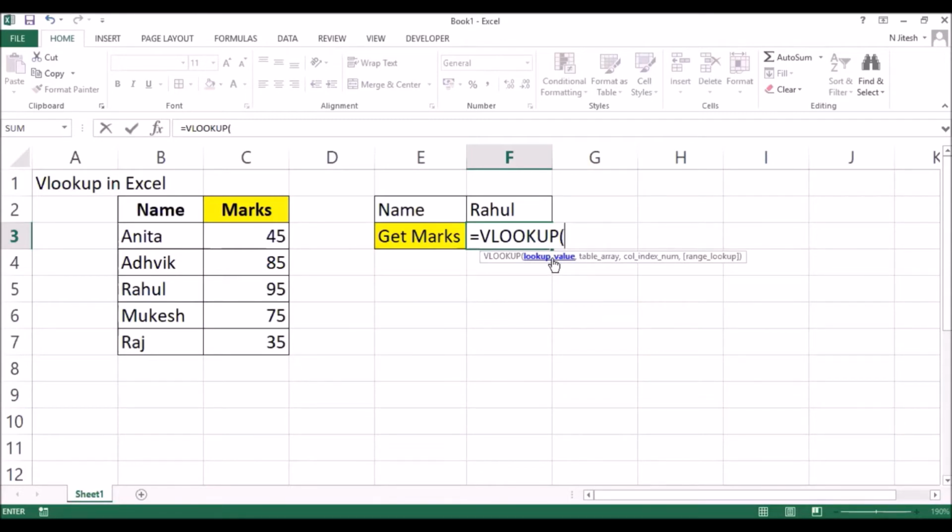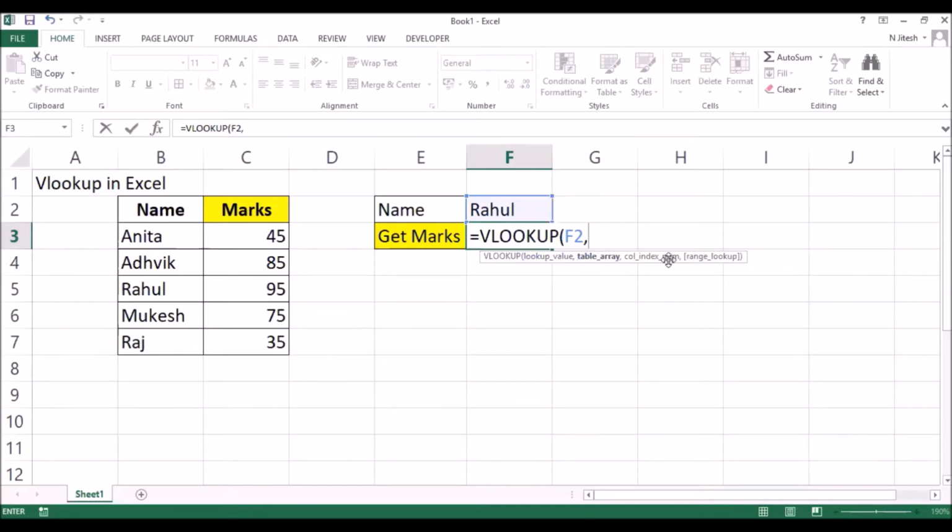In lookup value, I can directly write Rahul, but that's not what we want, right? We want a cell reference. Here the cell reference we have is F2. As soon as I click here, F2 will come here. Next thing in the tooltip is a comma. This is how you should use the function for the first time.